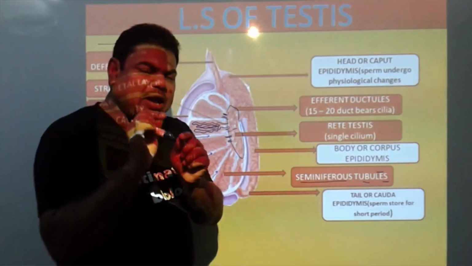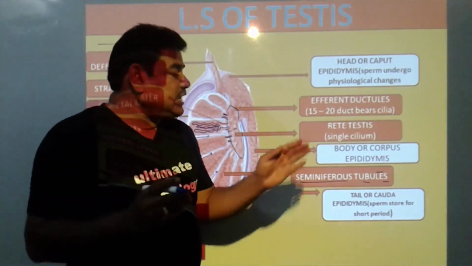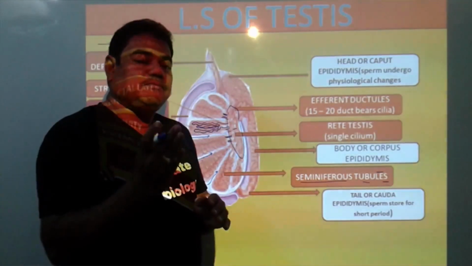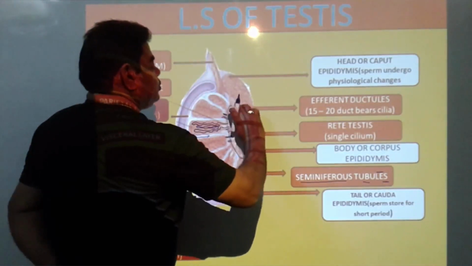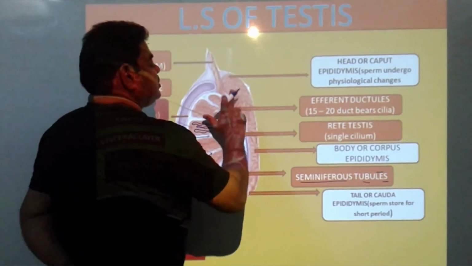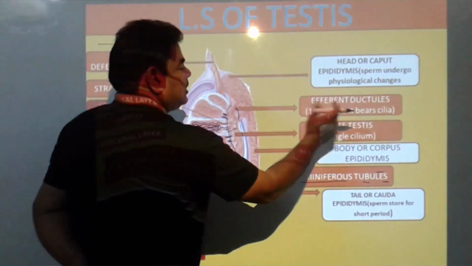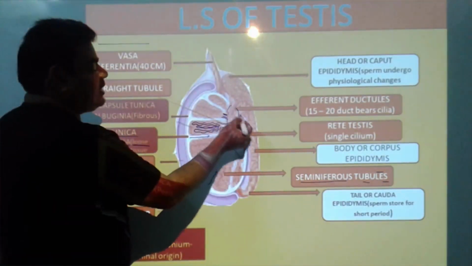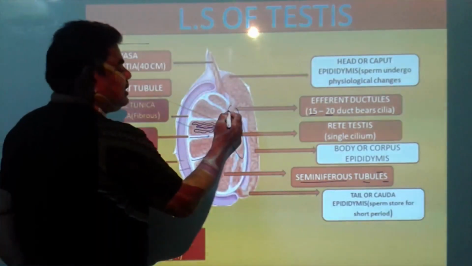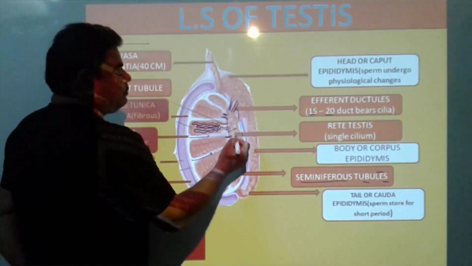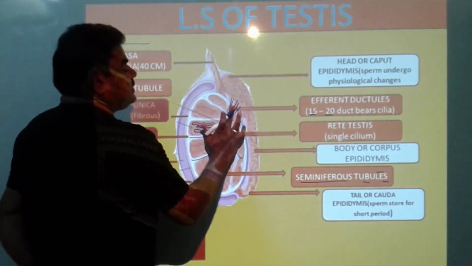Single small microscopic hair-like structures, cilia, form here in the rete testis. These cilia push the sperm forward into these tubes, which pierce and lead into the structure we call the epididymis. These are the efferent ductules, and they number 15 to 20, common duct-like structures which form from the rete testis and pierce